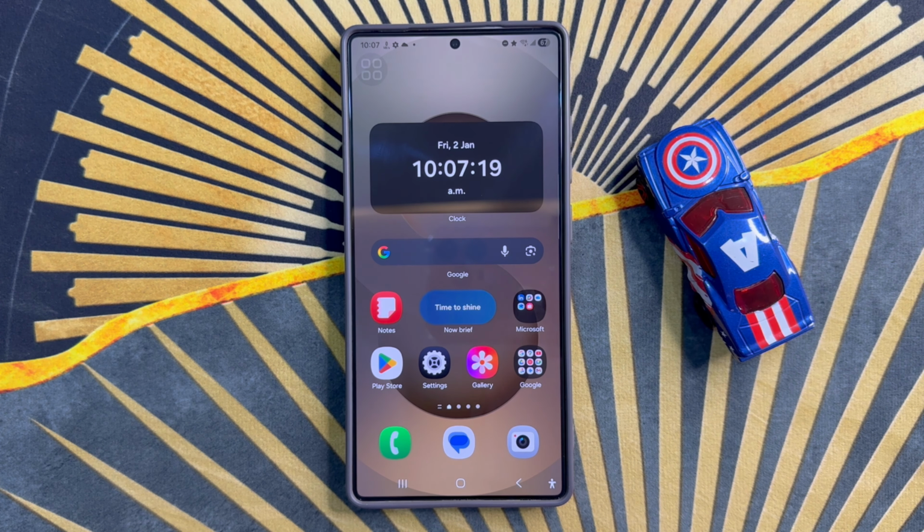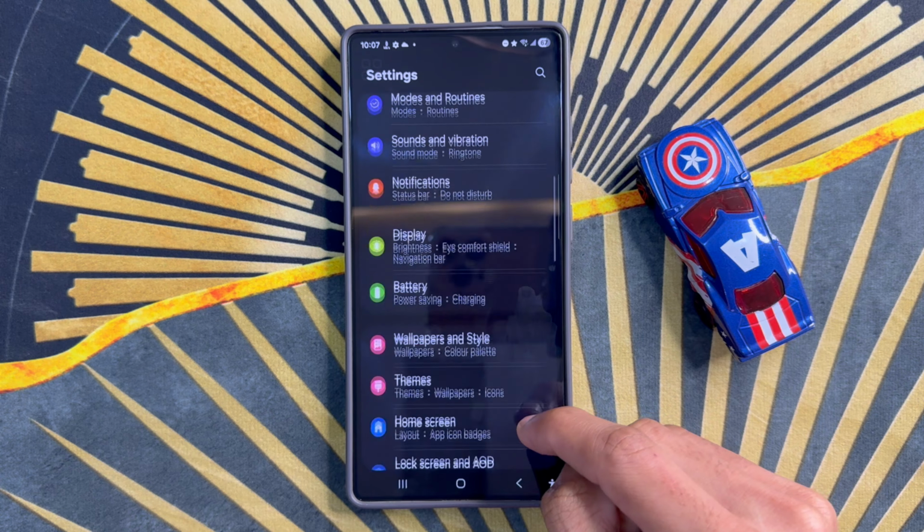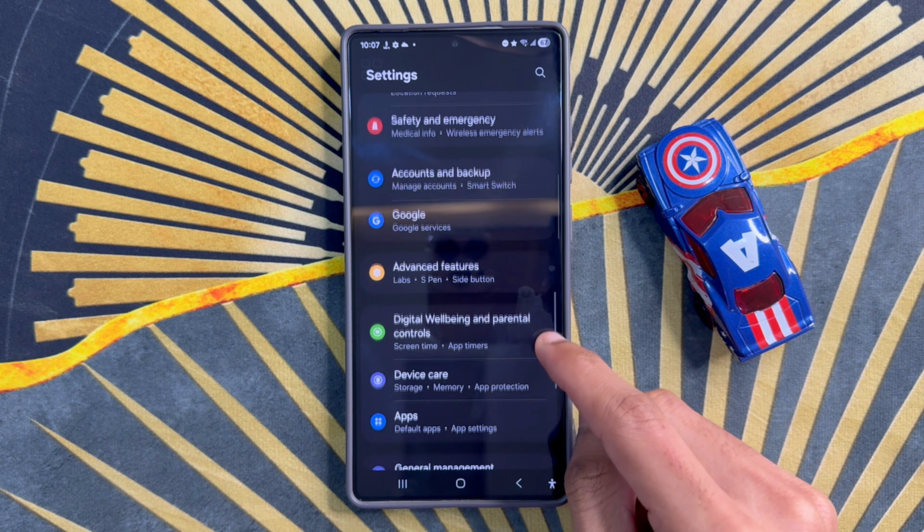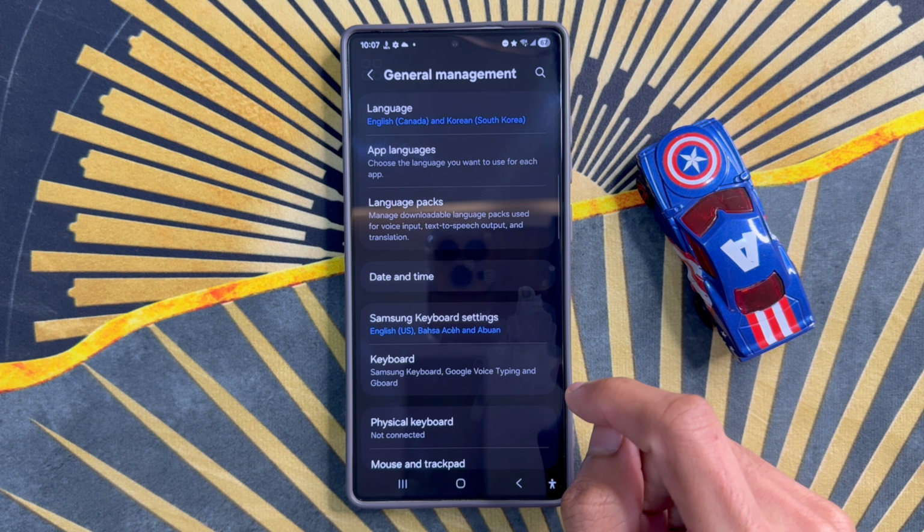Let's start the video. First of all, go to App Library. Here, click on Settings app. Now in Settings, scroll down and click on General Management. After clicking on General Management, scroll down